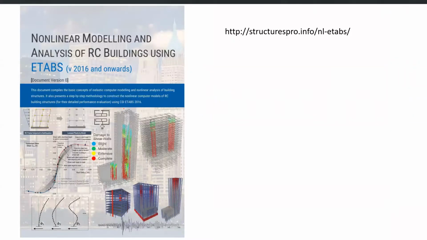The second resource which I want to introduce is this manual, and this can be downloaded from this link. I have compiled different nonlinear modeling approaches and how we can do them in ETABS in this manual.